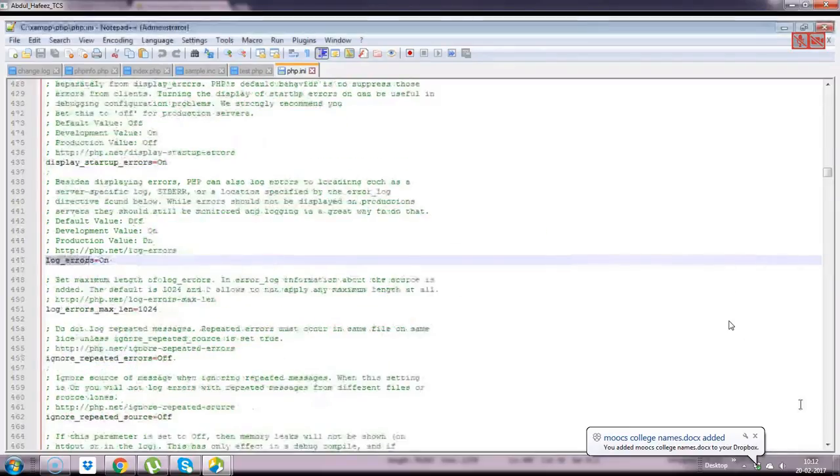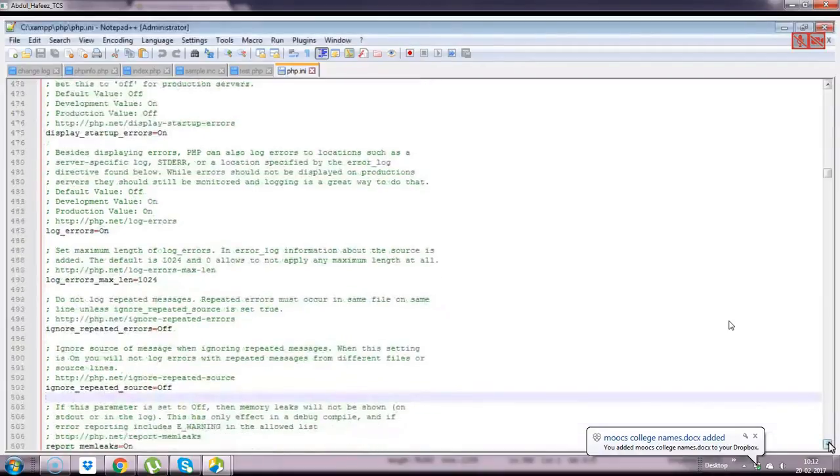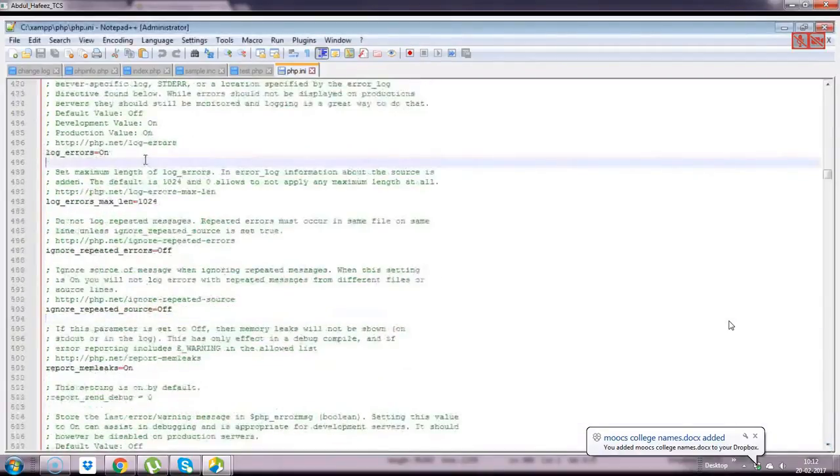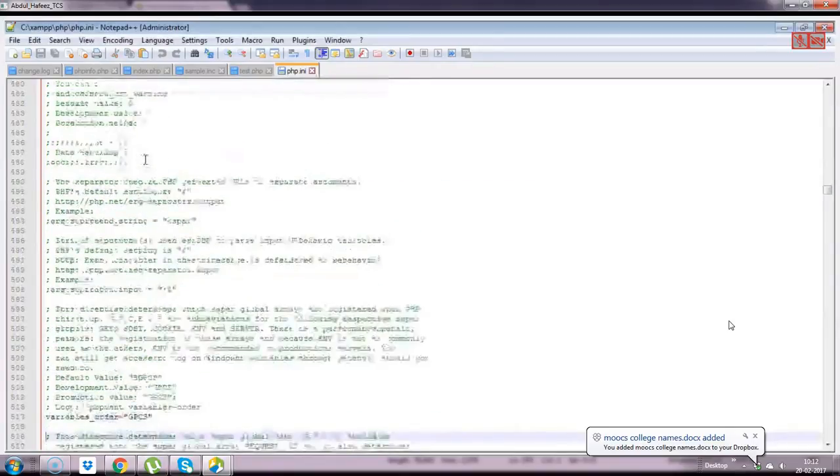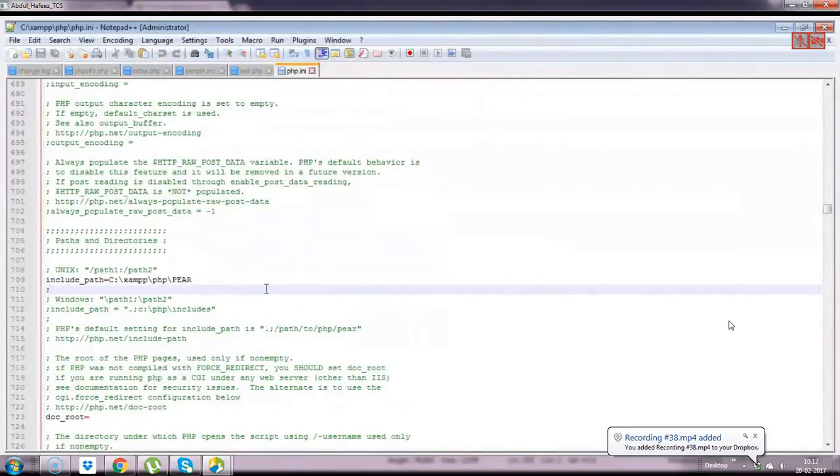So you can log errors in error log file. Okay. So what we can do is